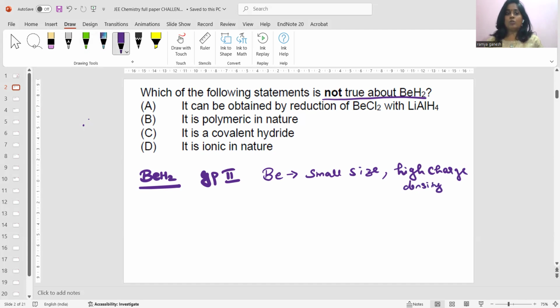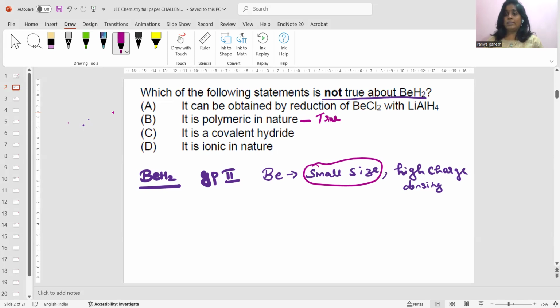So as I told you, check with respect to their physical properties. The first one is with respect to chemical property; I'm going to skip it. I'm taking whether it will be polymeric in nature. The first hint is that if you see something is smaller in size, and if it is a hydride, or a chloride, anything, if it has smaller size, yes, they have a possibility of forming polymeric structures, right? So yes, this is a true statement.